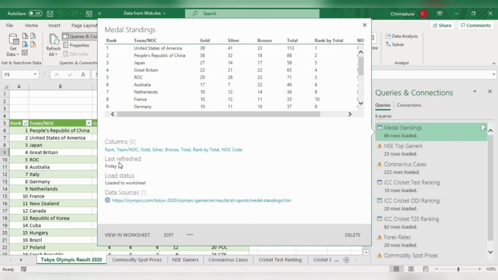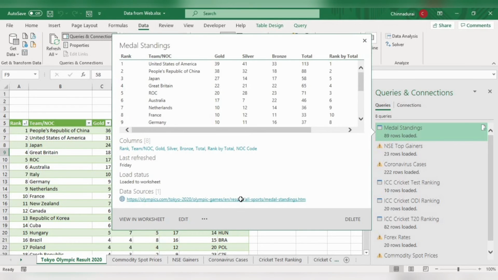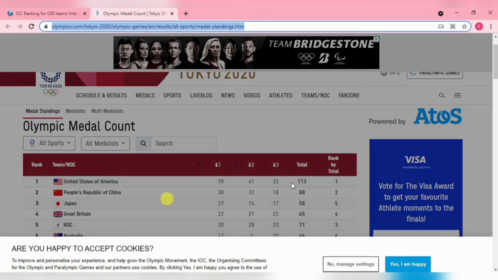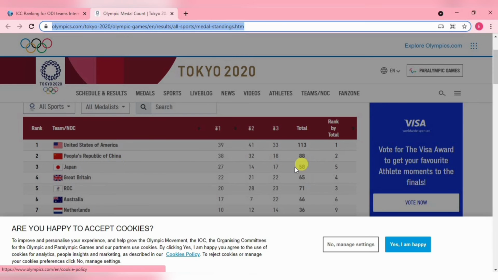Last week Friday, this Olympic result data was refreshed from this browser. Now I will click that browser. Now you can see the result: United States of America 113, China 88, Japan 58.